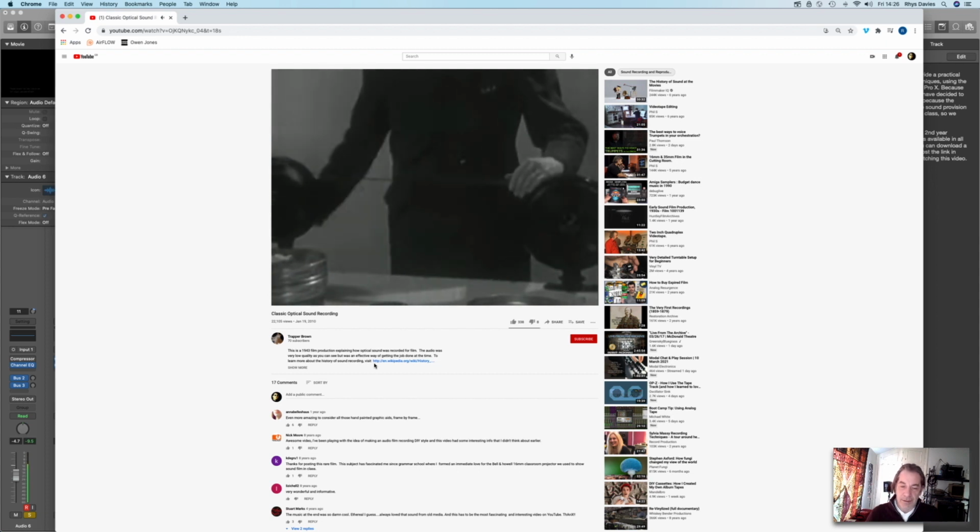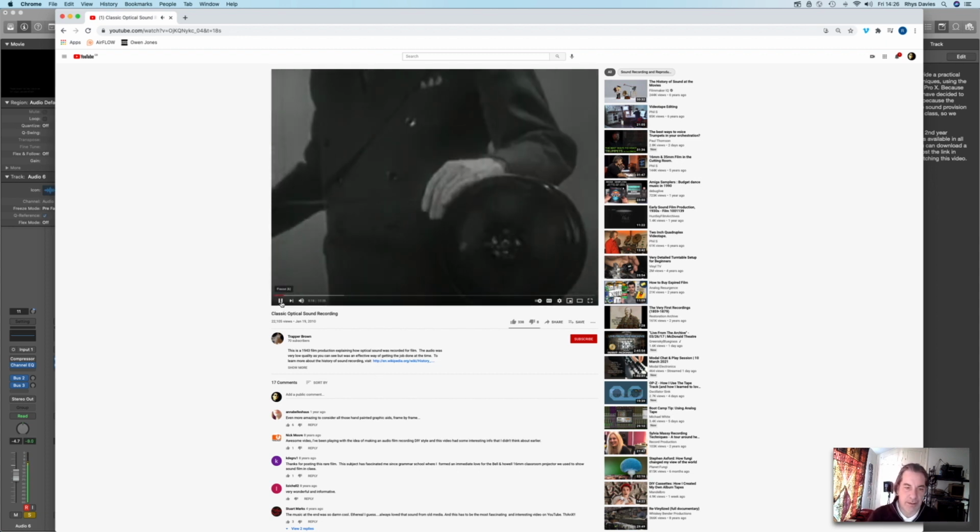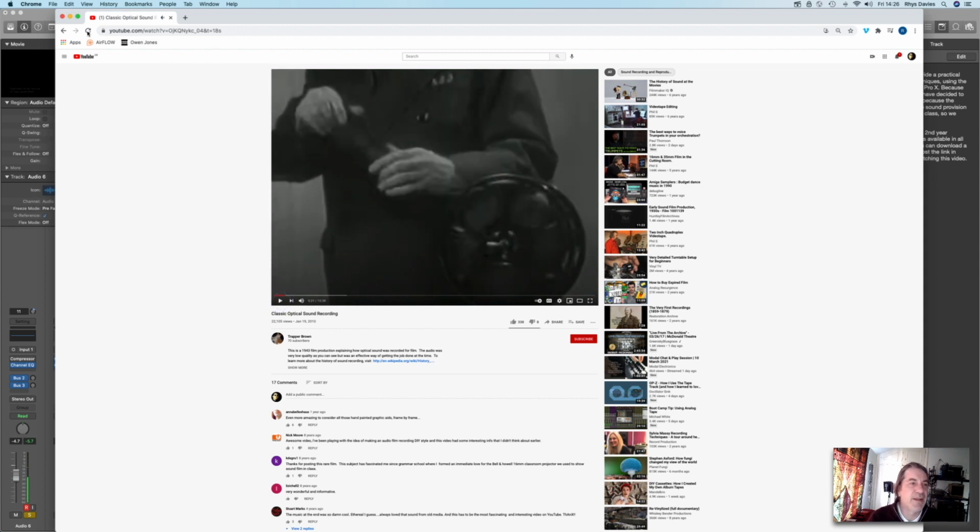For use as part of a talking picture, the sound to accompany the photographed action must be